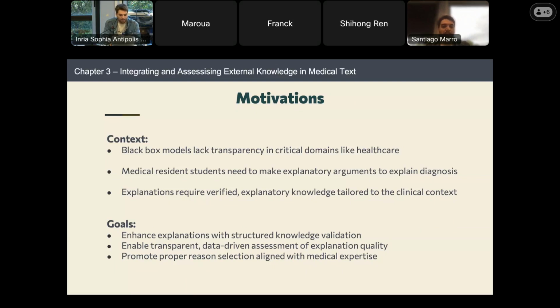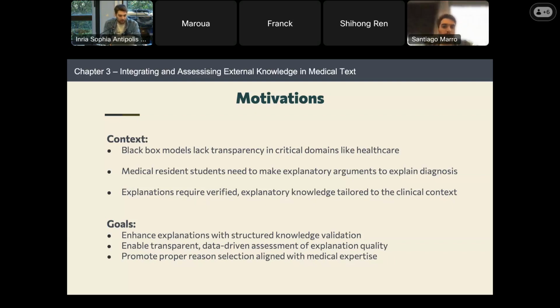The thing is that these explanatory arguments, these explanations, need to be verified. Since we are talking about a very sensitive domain like healthcare, we cannot really claim something and that's it. We need to verify them with external knowledge, and it needs to be tailored to this specific clinical context.